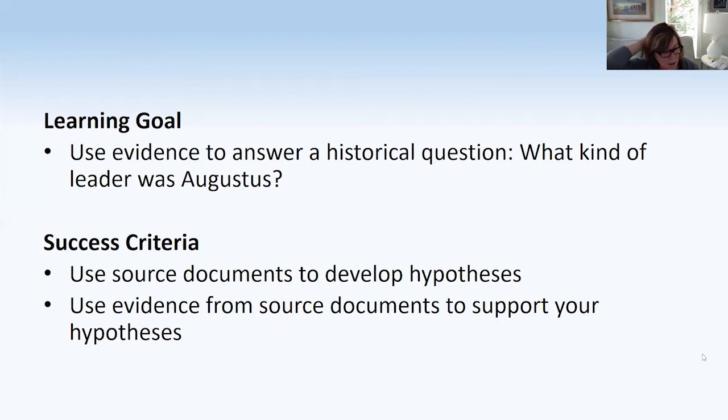And then this lesson goes on. I guess this is one class period where the kids work and then develop their hypotheses and discuss them and so on. And then in the next lesson, they're given 2 more source documents, one written by a contemporary soldier of Augustus, and I can't remember the other, but it's 2 different contemporary perspectives on Augustus. And so the kids are then required to examine these source documents and review their hypotheses or their claims in the light of additional evidence.